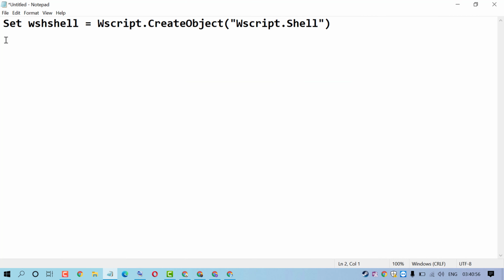Now type this second command: wsh shell dot run space notepad. Now enter